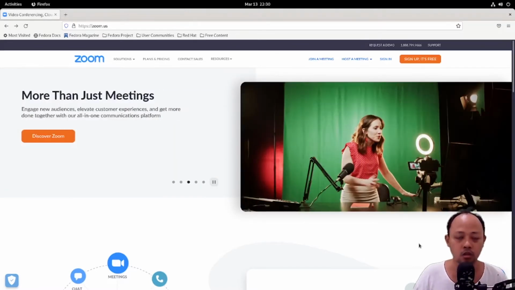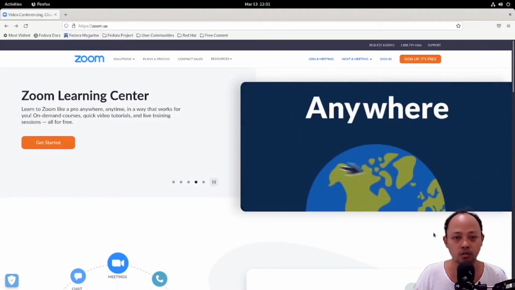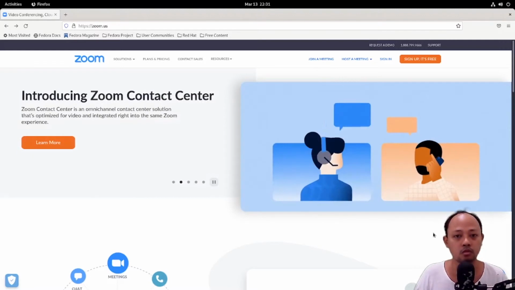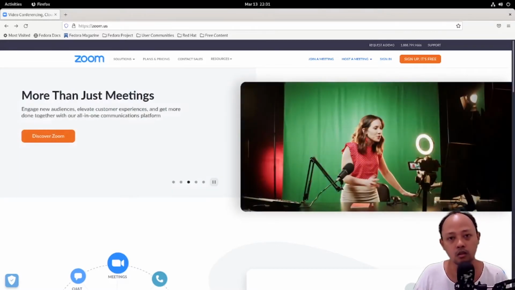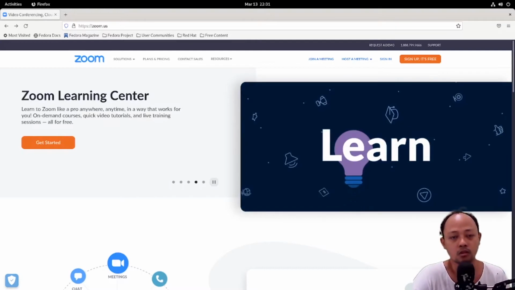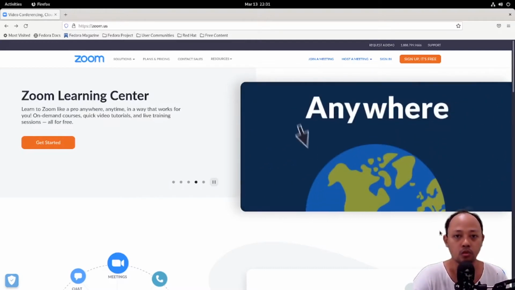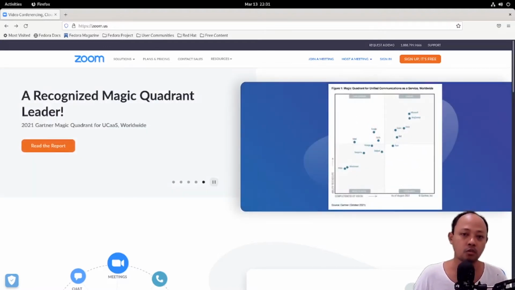In this tutorial, I use Fedora 35 Workstation. Actually, there are two ways to install Zoom in your Fedora. The first one is by using the Flathub repository, and the second one is by downloading the package from the Zoom official website.